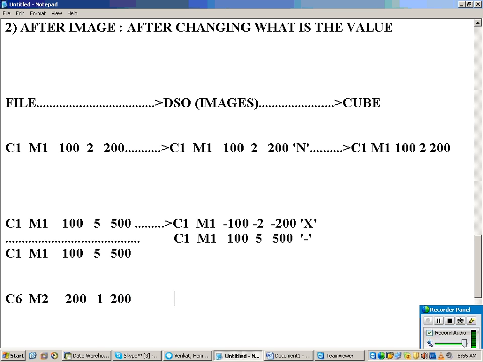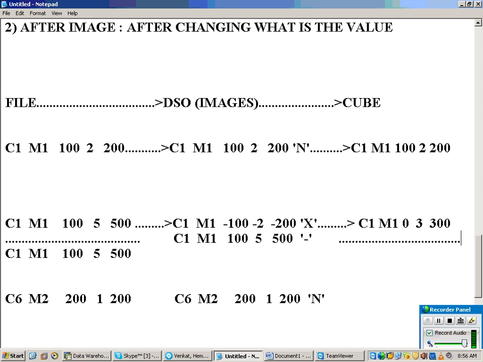And this is a new record now. This is a record which is coming to the DSO for the first time, so it will be marked as N. And when I am loading data from the DSO to the cube, what is going to happen? 2 records are coming, with the same values, C1M1, C1M1. 100 minus 100 is 0, 5 minus 2 is 3, 500 minus 200 is 300.